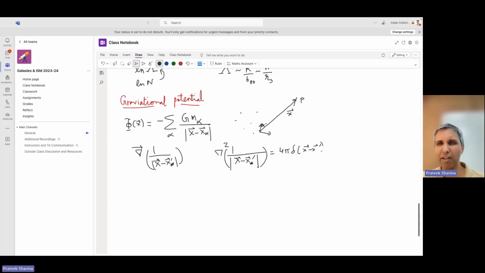Right, so we have all done this in electrostatics. This is done to death, so we won't really do any of this again. If you do all these manipulations, this potential satisfies this equation: del squared phi equals 4 pi G rho. This is the Poisson equation